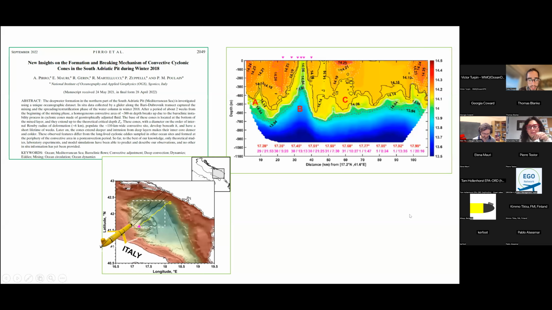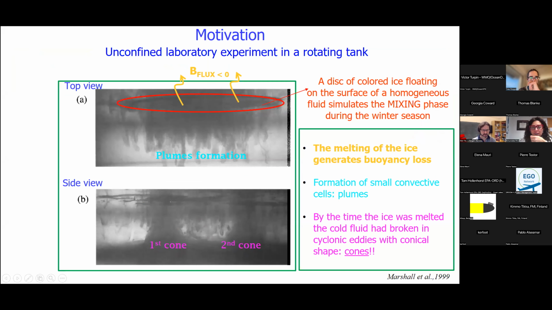Okay. So part of this work has been published last year in JPO, in which we analyzed the convection in the South Adriatic, in the pit in the Adriatic Sea, where during a glider survey we observed this nice feature that we called cone A, B, and C. And so we tried to investigate what these cones are, and the motivation starts from a laboratory experiment